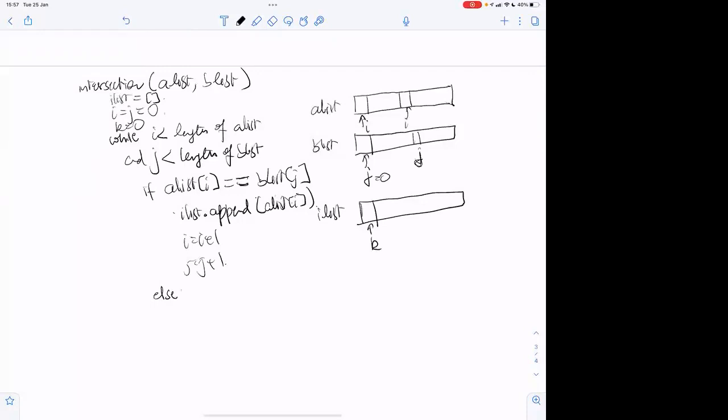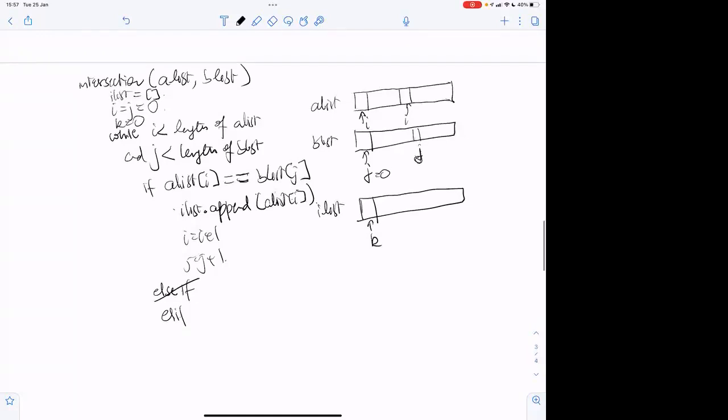Else, so I'm just writing, okay, let me write it. Else if. Notice that this can be changed to elif in Python, but let's stick with the original thing.